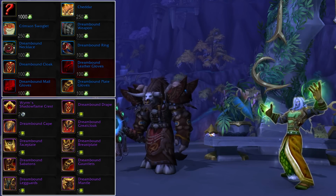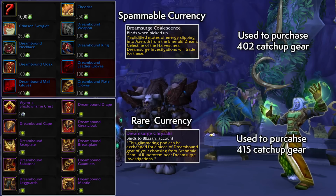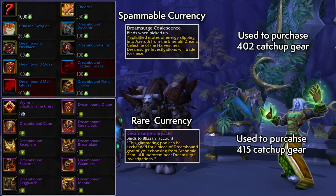There are also zone buffs with which to lay waste to pretty much everything in the zone. You'll be able to collect and buy veteran gear tokens that you can trade across the account, and also champion tokens that are tradable across the account again, and you can use those to buy champion level gear of your choice. I'll have another closer look at it in the next few days, but it sure looks like with each patch,